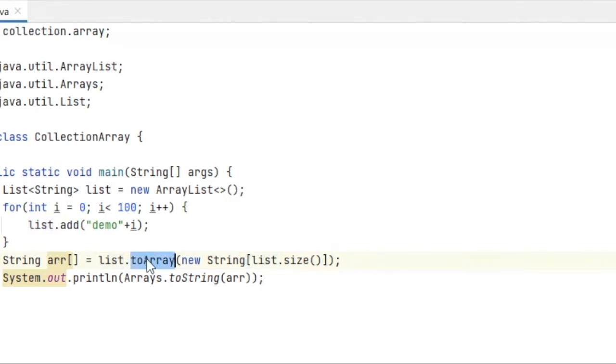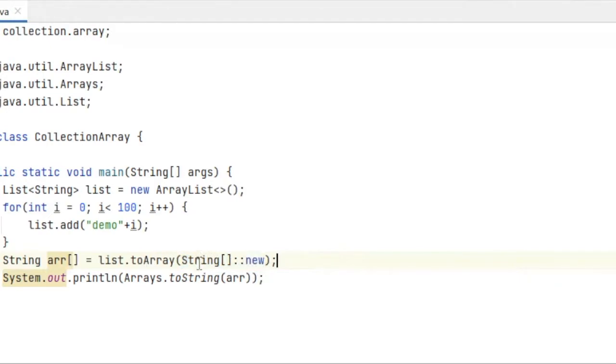To remove this kind of thing, in Java 11 they have introduced a new method which takes an IntFunction, basically a method reference, and just converts it. In Java 11 it will look something like this. Here I am not specifying any size.